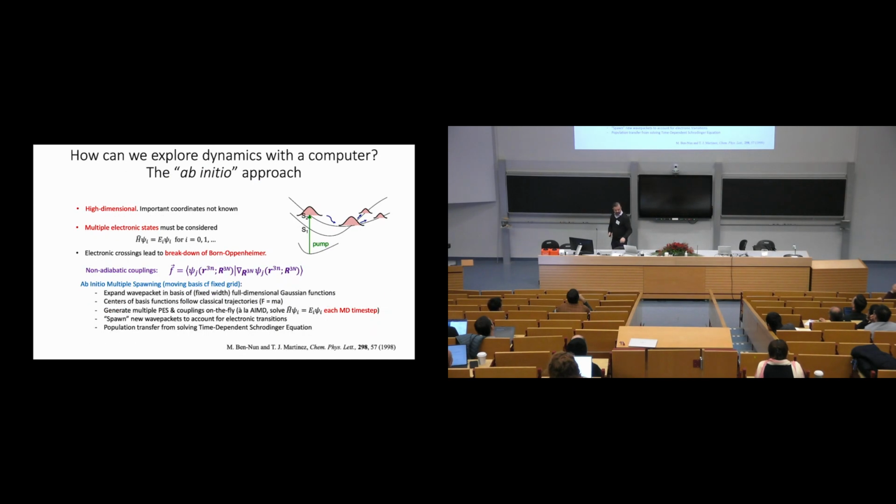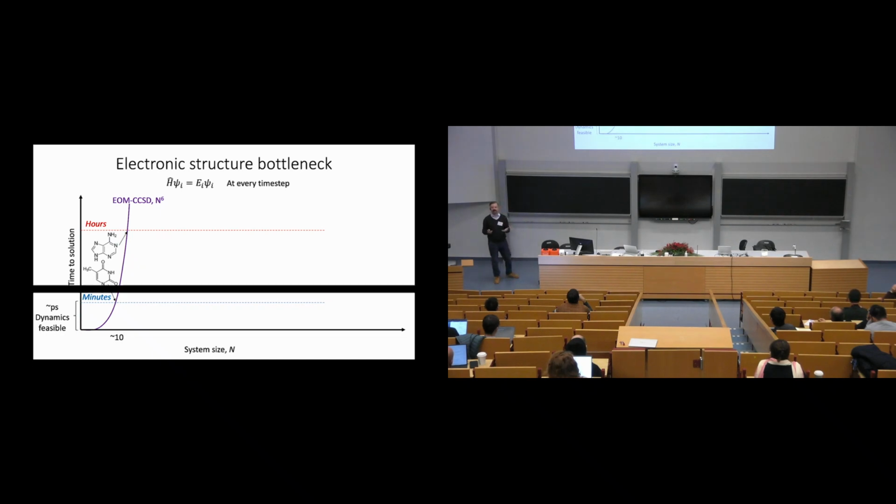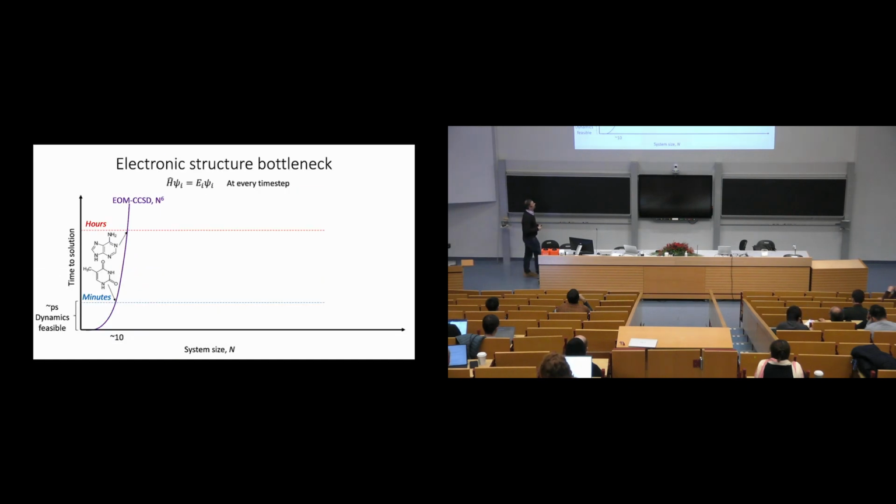Okay, and so how then do we actually get the potential energy surfaces? Well, what we'd like to be able to do is very high-level electronic structure theory calculations such as equation of motion coupled cluster singles and doubles. But we all know that the computational scaling of that with the system size makes it prohibitive for anything but small molecules. And for example, if you wanted to compute the energies and gradients of a DNA, you may be